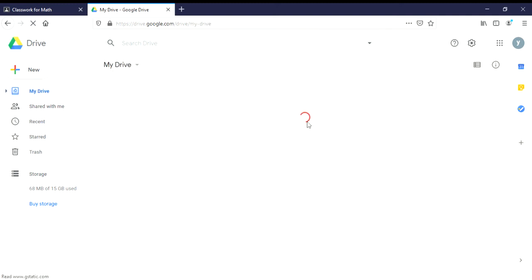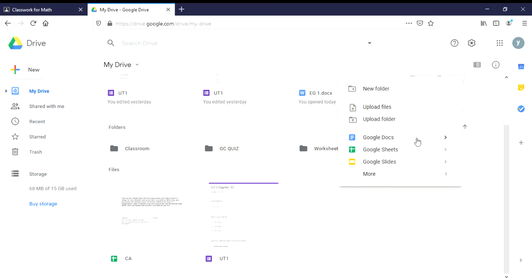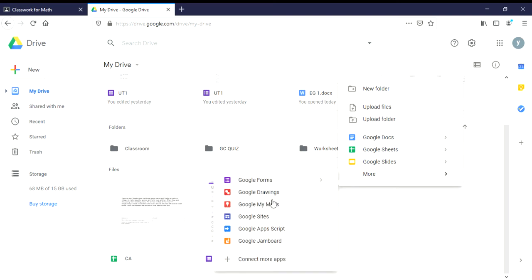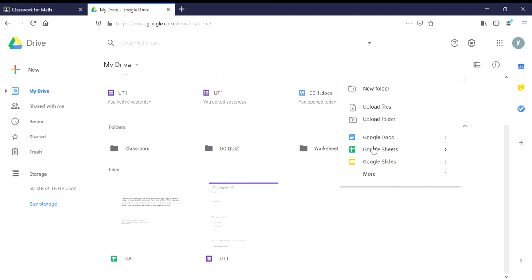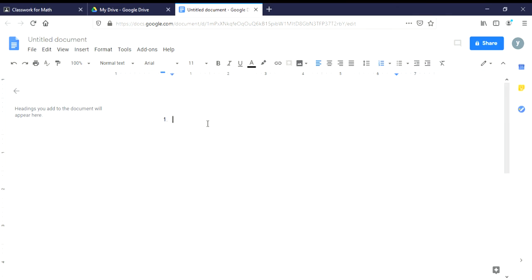Okay, so now I'm going to show you how to create it. You will just right click here, and then you can create Google Docs, Google Sheet, or Google Form. I'll show you how to create with a Google Docs. You can just type your question here. For example, question number 1. What is the third planet from the Sun?